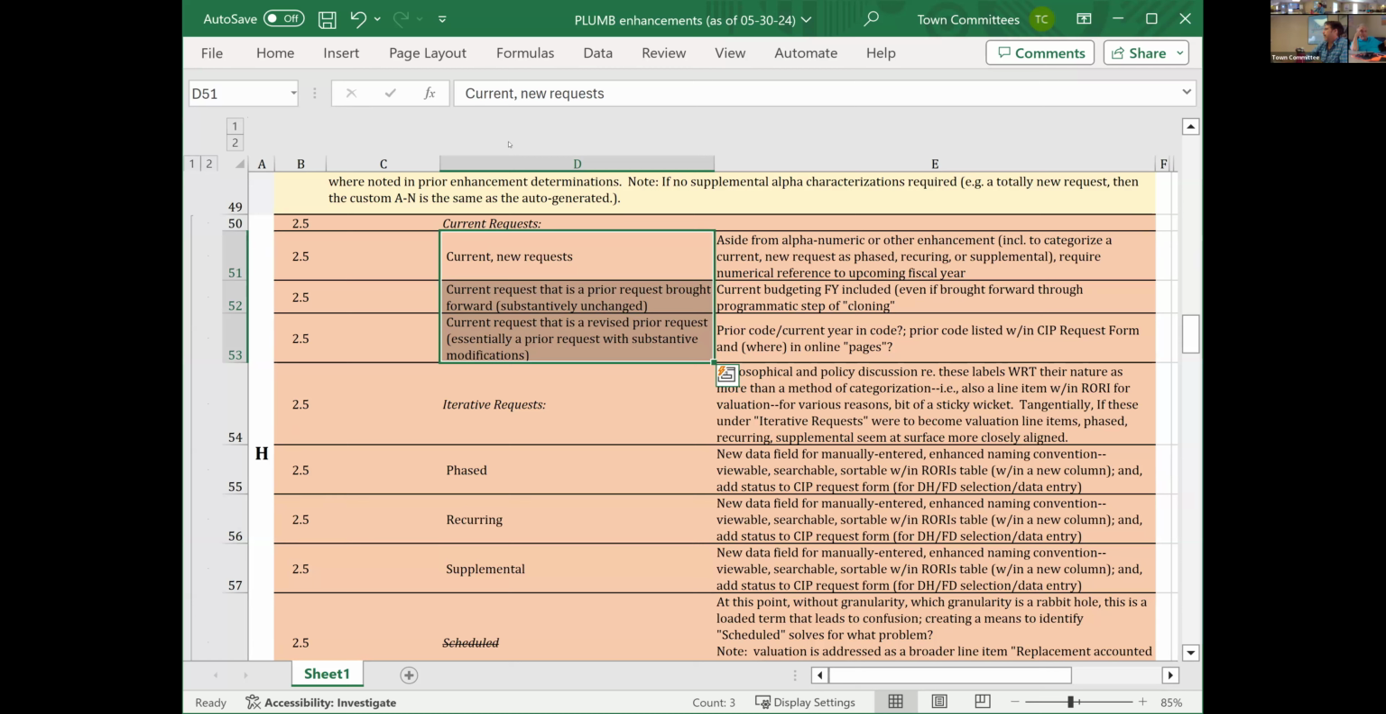I want to tackle, let's see if we get through this quickly. Current new requests, we've discussed. We want to have some additional information